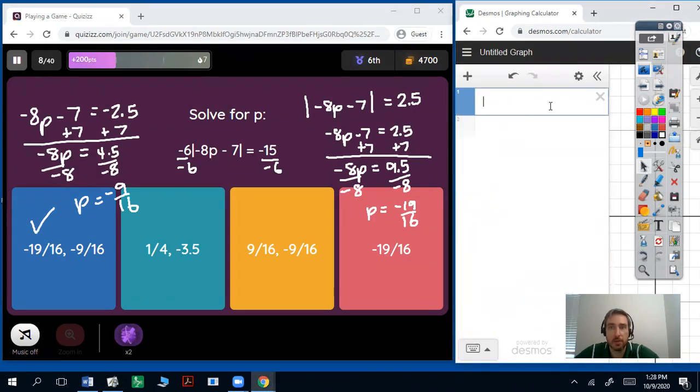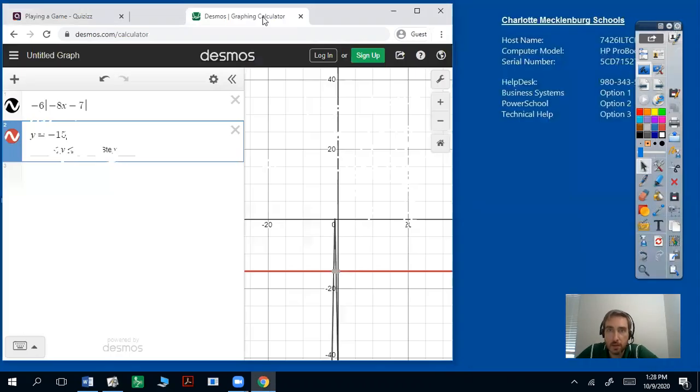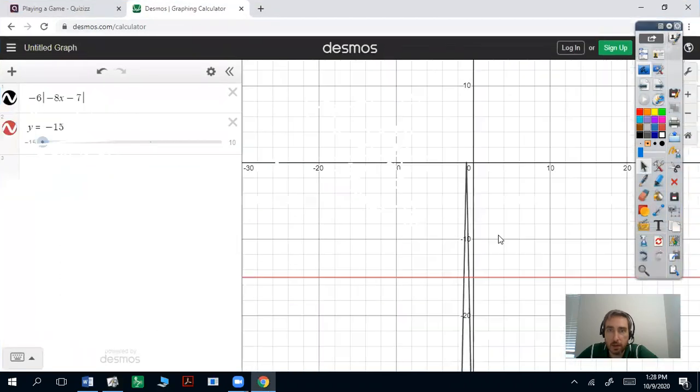So what I'll do is I'll put -6 absolute value, -8x minus 7. You got to use x and y in Desmos. And then I'll say y equals -15. And I'll see where these two cross. So let's take a look at where they cross. They cross at